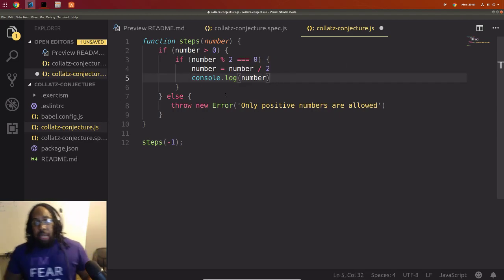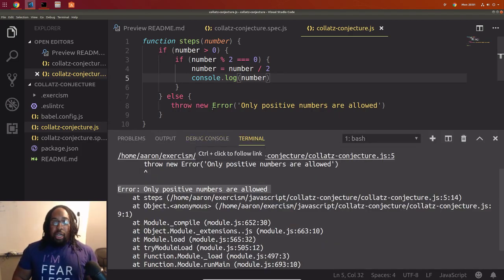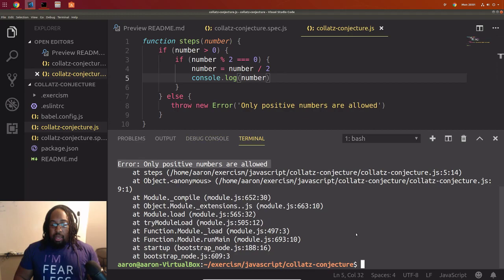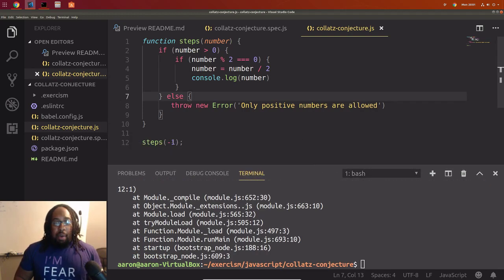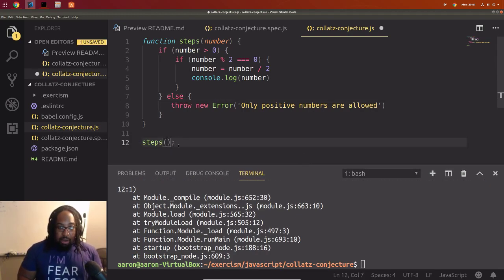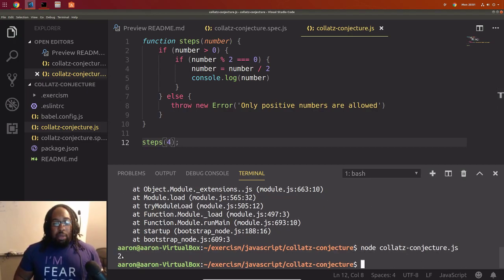So we've got some logic in here, and so let's see if it works. Let's make sure it still throws an error. I won't change the number in there. Boom, I still have -1 in here, so it does throw an error. And now let's change this to something like 4 and save that. Let's run this file again. And when I run that, you can see over here the output is down at the bottom to the left a little bit. It gives us 2, and that's exactly what we wanted.